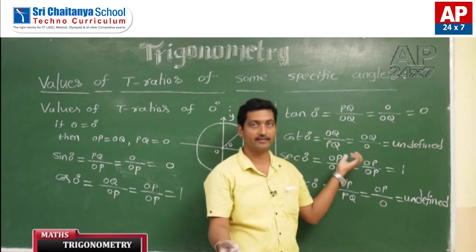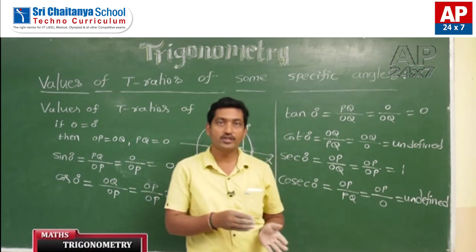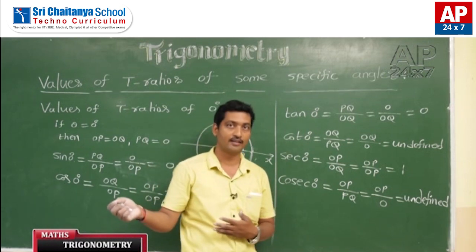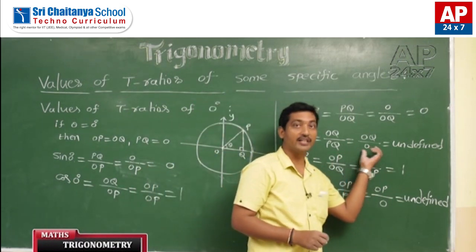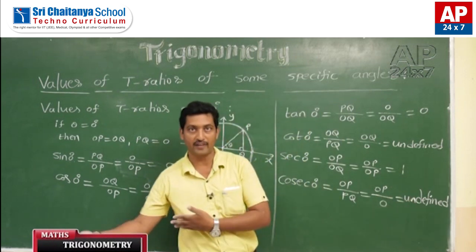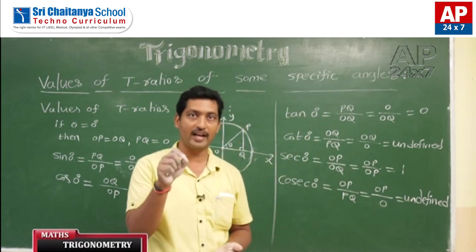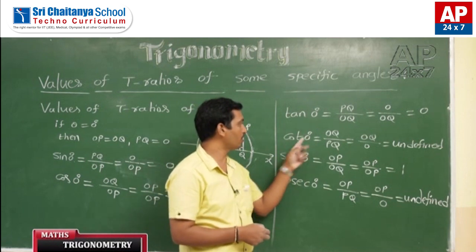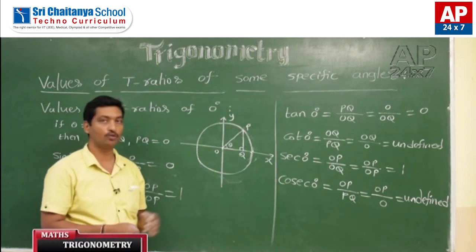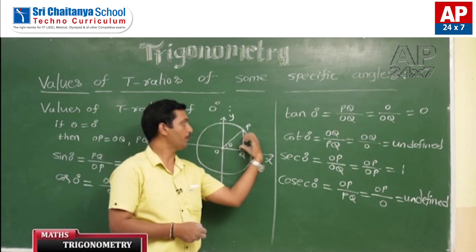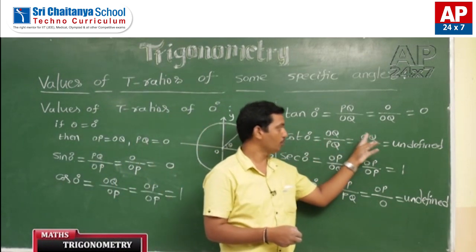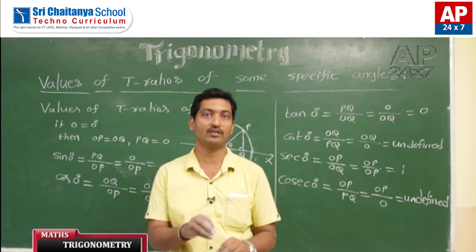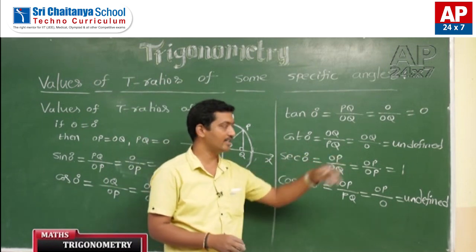If the denominator approaches 0 from the left side or right side, that is 0.000 something else, then it is called infinite. Then that value approaches infinite. There is a difference between writing infinite and undefined. So here, clearly, cot 0 degrees from this right angle triangle OPQ is OQ by PQ. OQ is OQ only, PQ is equal to 0. Therefore, it is undefined. Its denominator is exactly 0. That's why cot 0 degrees is undefined.